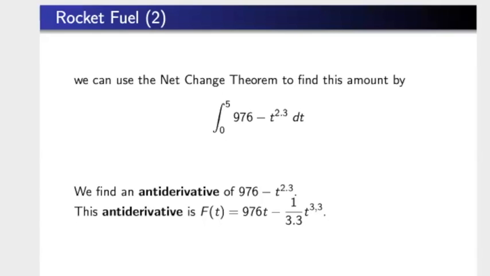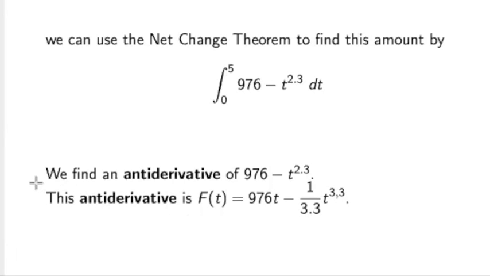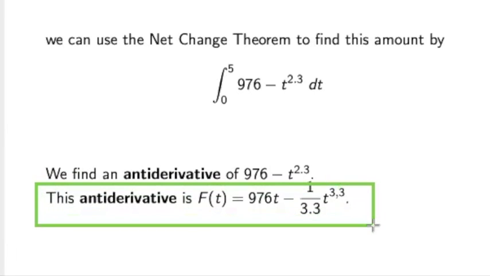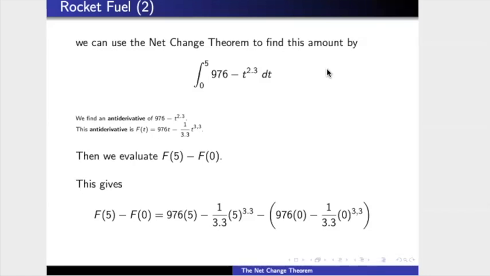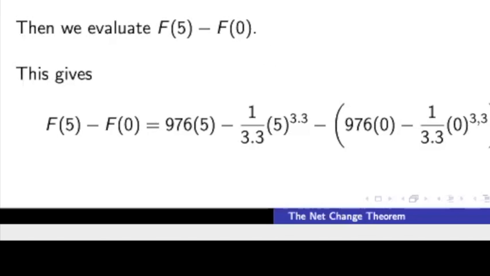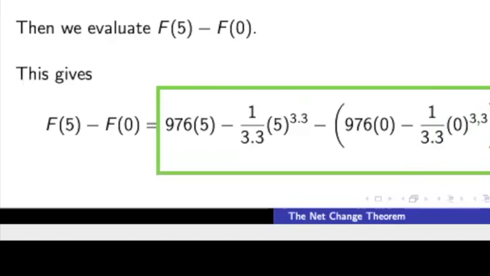To proceed, we need to find an antiderivative of 976 minus t raised to the 2.3 power, and we get an antiderivative of 976t minus 1 over 3.3 times t raised to the 3.3 power. Now we need to find big F of 5 minus big F of 0. Big F of 5 minus big F of 0 is equal to 976 times 5 minus 1 over 3.3 times 5 raised to the 3.3 power minus 976 times 0 minus 1 over 3.3 times 0 raised to the 3.3